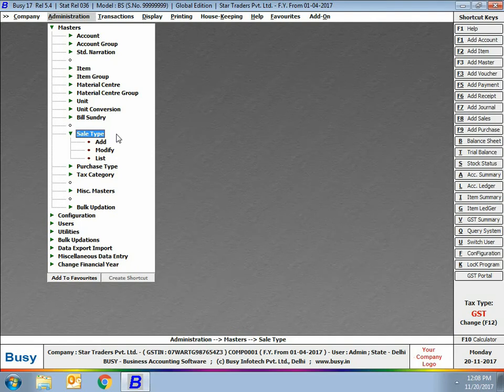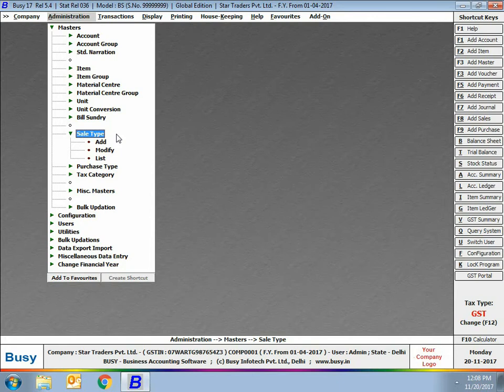Sale type basically contains all the taxation related information. The transaction in which you will use the sale type will be a central transaction or a local transaction or a transaction you are entering for an export and so on. Similarly, in the voucher in which you are using this sale type, you will be charging multiple tax rates or a single tax rate. So all this information is contained in the sale type master.